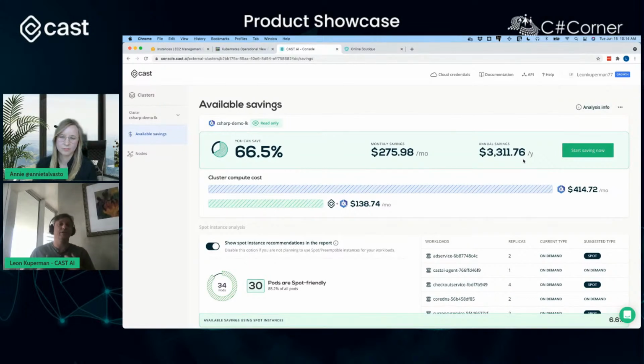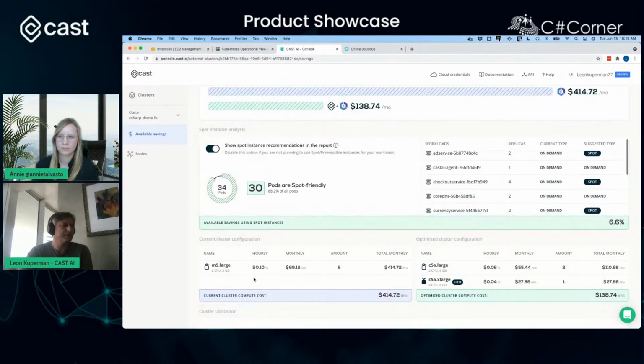Right? So now you may be saying, okay, Leon, great, what are you suggesting here? Well, the first thing we're suggesting is that these M5 instances aren't right for you. After the analysis of your workloads, and after doing all of the pre-calculations and looking at all the permutations of the nodes that we can possibly use in AWS, we believe that you should be running on 2 C5A large nodes, and you should be using a spot instance. Very quickly, for those of you who don't know what a spot instance is, only about 7% of AWS customers use spot instances.